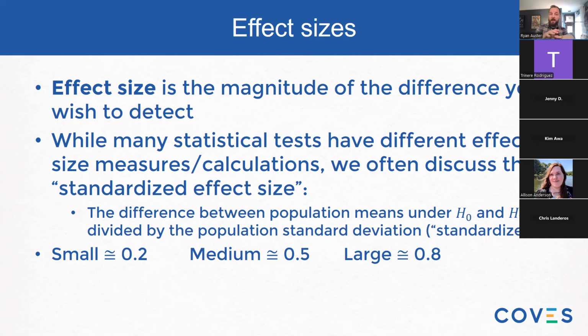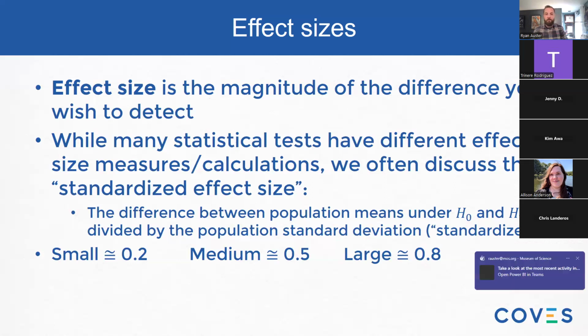There are different effect size calculations depending on the inferential test or procedure that you run. Most people refer to the standardized effect size, which is just the difference between means divided by the standard deviation. Again, that's the standardized portion of this. And you can think about effect size in these rough categories that go plus or minus, as noted here on the slide. Roughly 0.2 is small, roughly 0.5 is medium, roughly 0.8 is large, right? Things in between 0.5 and 0.8 are medium large, depending on which one they're closer to.